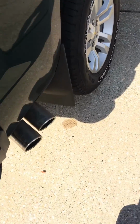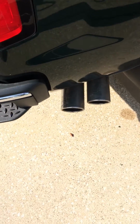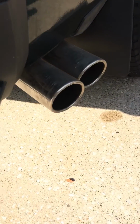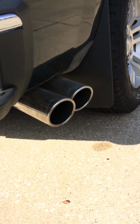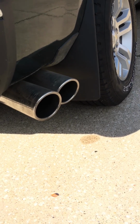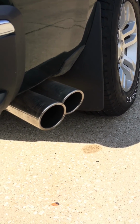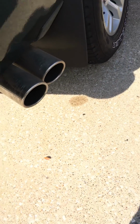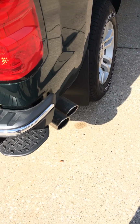Like I said, it's not screaming loud or anything ridiculous, but it does. Pretty good. It's got a really nice low